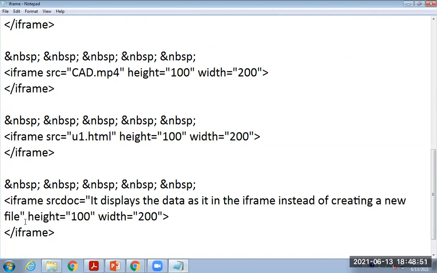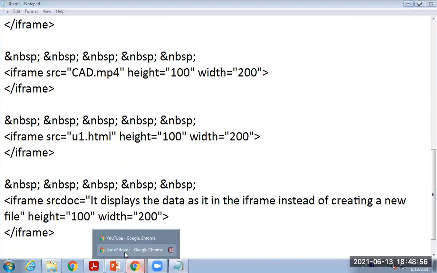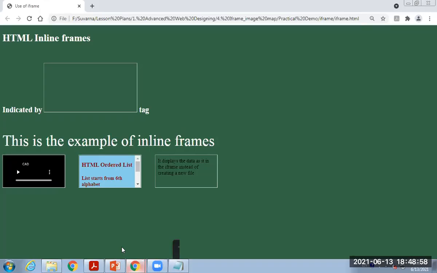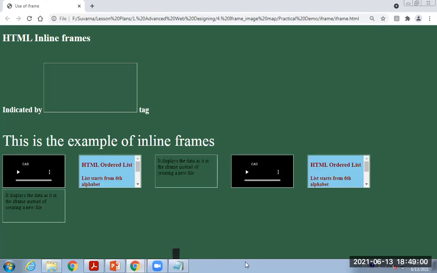I can generate multiple files here. Save it and just check the output. Refresh it. Got it? Here you got the 5 files in a single line or single row, and the next file is displayed on the next row.